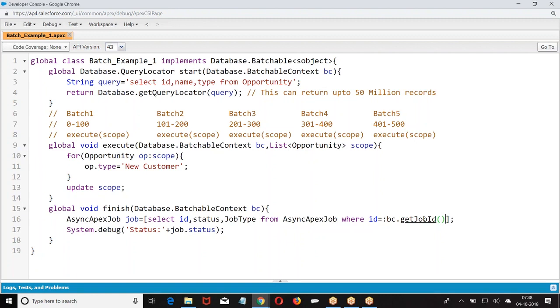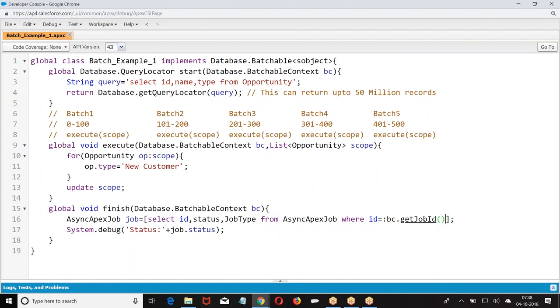Now I have to tell you that data is broken into a number of batches. So I have to take some count, maybe 10 or 20 or 30 or 40 or 50, anything. I have given 100 here. Now on every batch, execute is running. So how many times? It depends upon the number of batches.